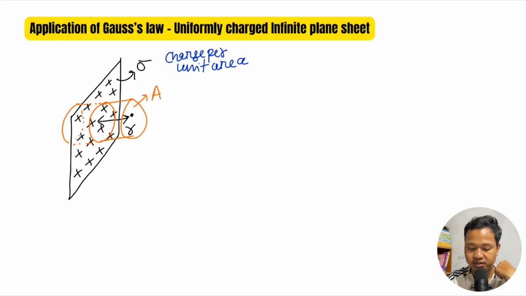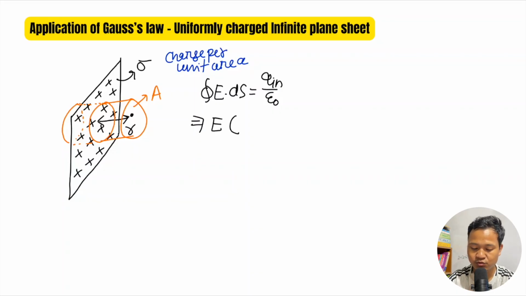Gauss law: integral E dS equals Q in by epsilon naught. We have to find the electric field, so the area is A plus A on both sides, so this is equal to